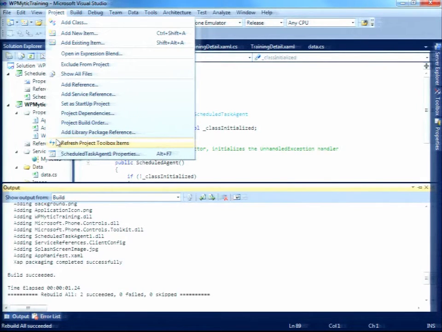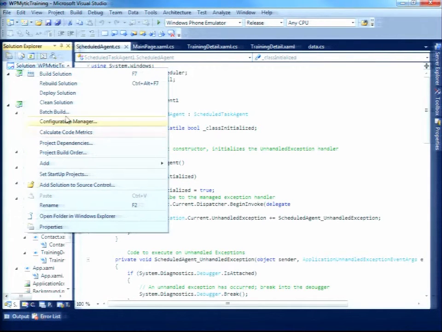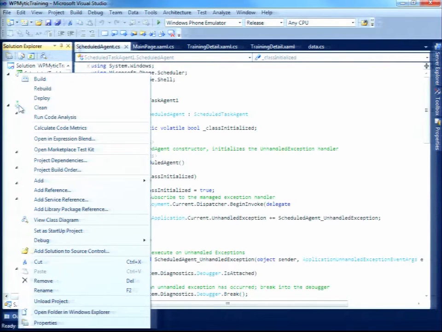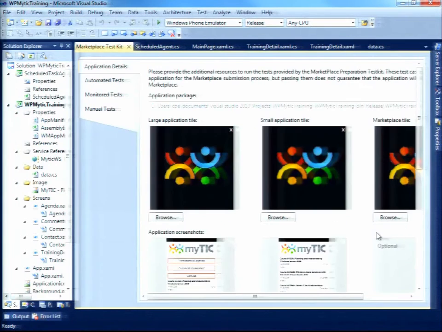Right click on the project name in Solution Explorer. The project name, sorry. Okay, I have it there. So inside of the marketplace test kit,